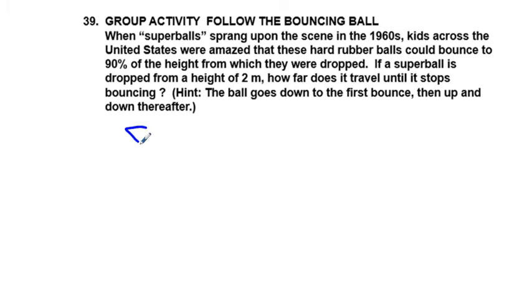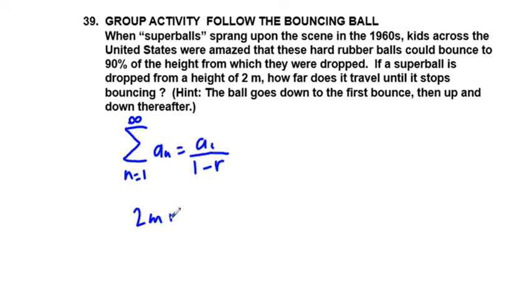You have, from n equals 1 to infinity this time, of a sub n, it's equal the first term a sub 1 over 1 minus r. That's all we need. Now in this case, your ball is going down, so what you have is 2 meters